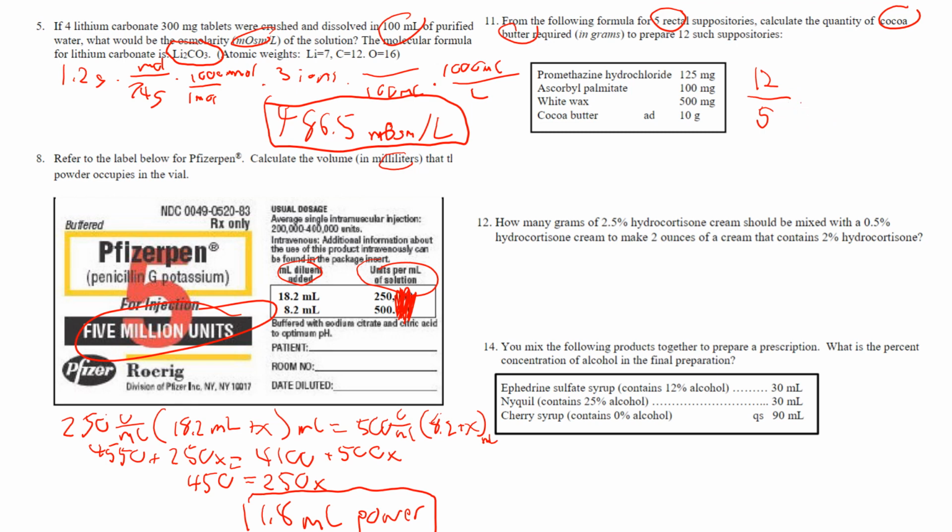Basically just to show that the recipe will make more because we're making more. And then all it is, it's a simple proportion. Our cocoa butter is QS'd to 10 grams. Or not QS, but adding the sufficient amount. But we do need to subtract all these milligrams first. So if we add these up, we get that it's 725 milligrams. If we subtract that from 10 grams,